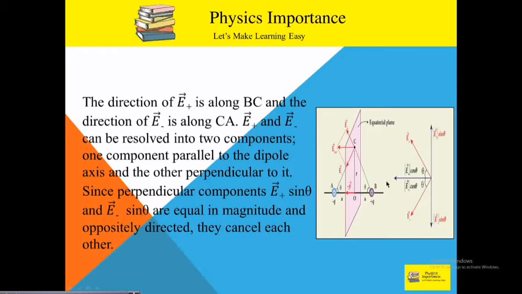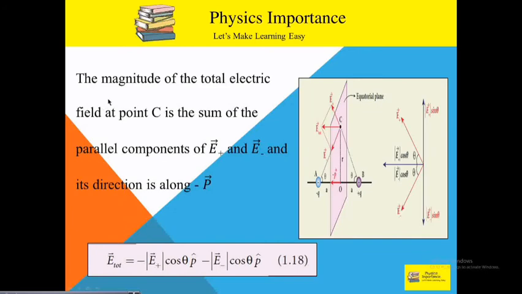So here we are having only this cos theta component, the sin theta component gets cancelled. So here two components we are having, isn't it? That is one horizontal component is for plus, another horizontal component is for minus. Now here we have to find the magnitude of total electric field. Total electric field means it is due to the sum of only the parallel components, because perpendicular components get cancelled. So we are having only the parallel components. So what about the parallel components? E plus cos theta, E minus cos theta.